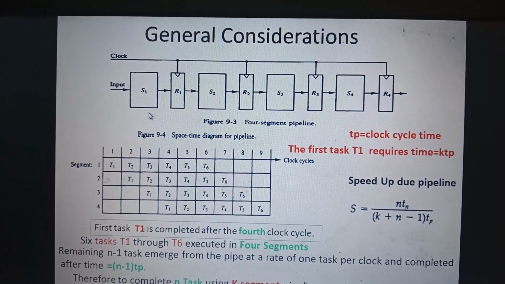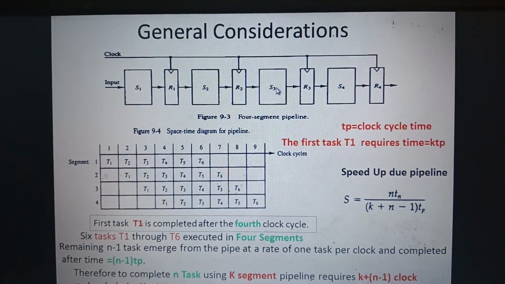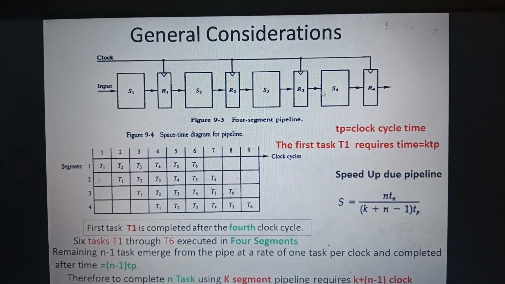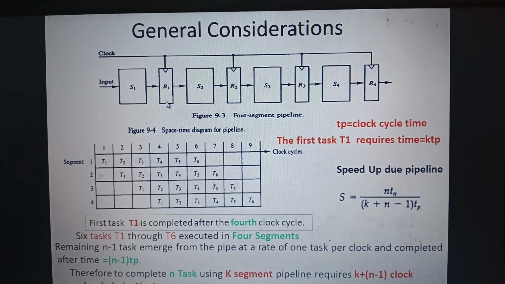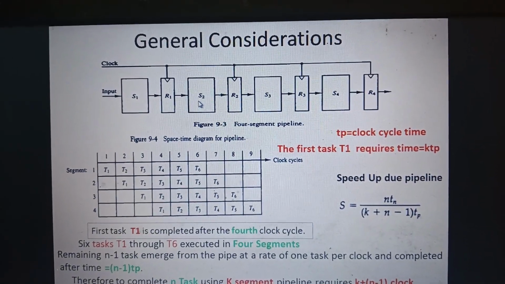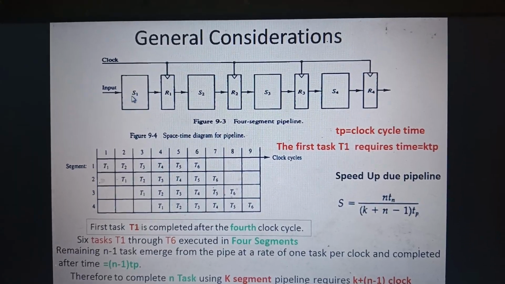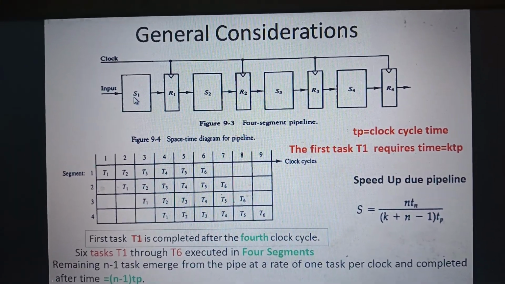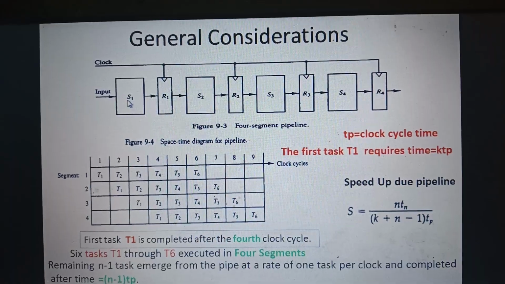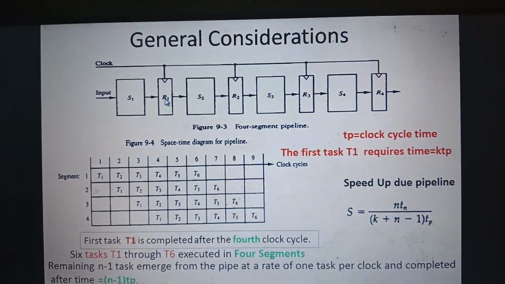Here the first segment is S1, second is S2, S3, S4, and registers are connected between two segments. Whatever operations are performed by these segments, the results will be given to the register